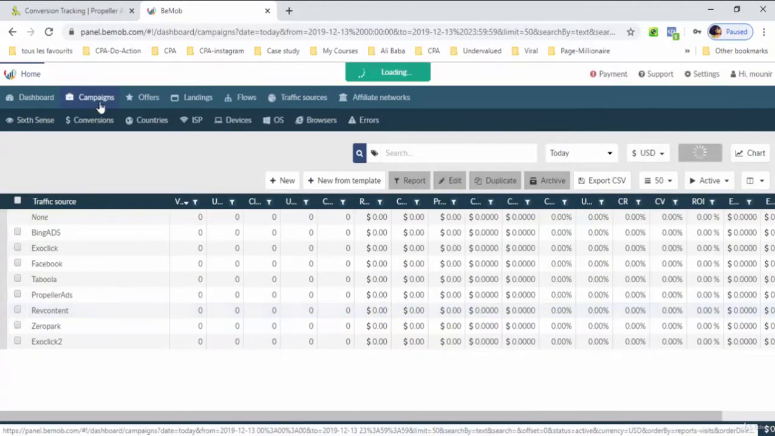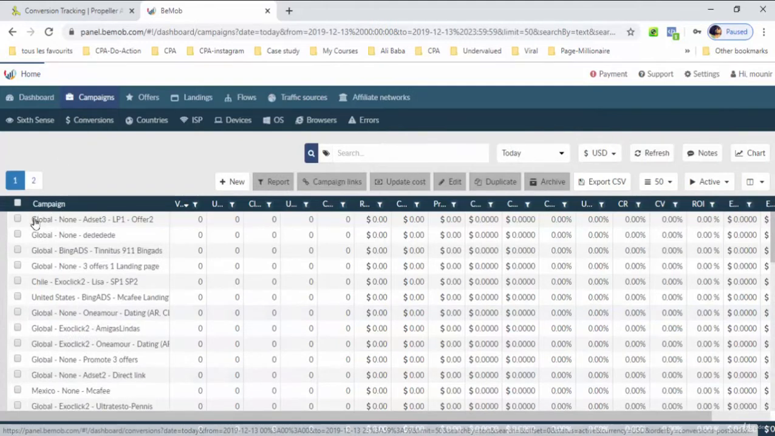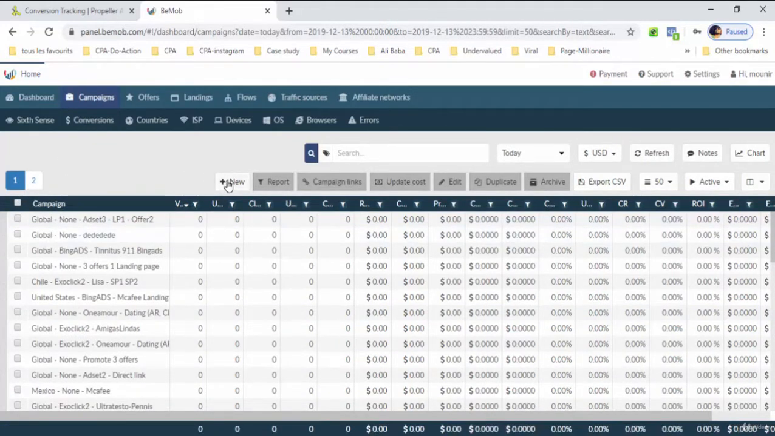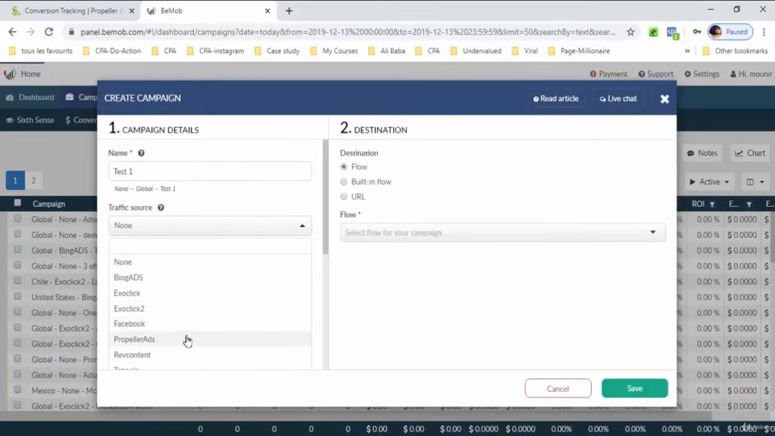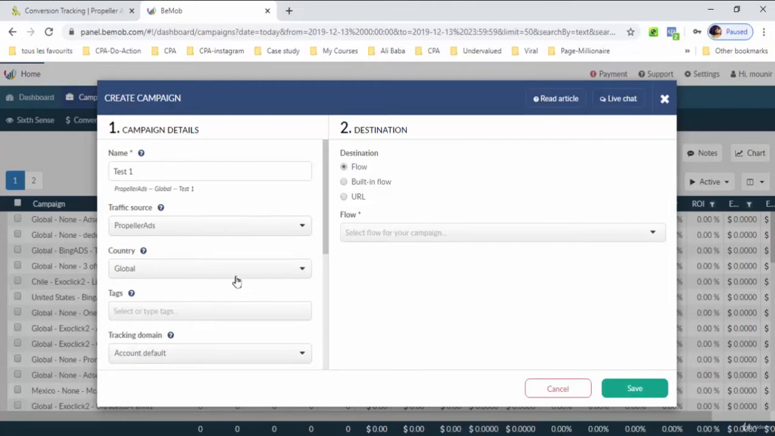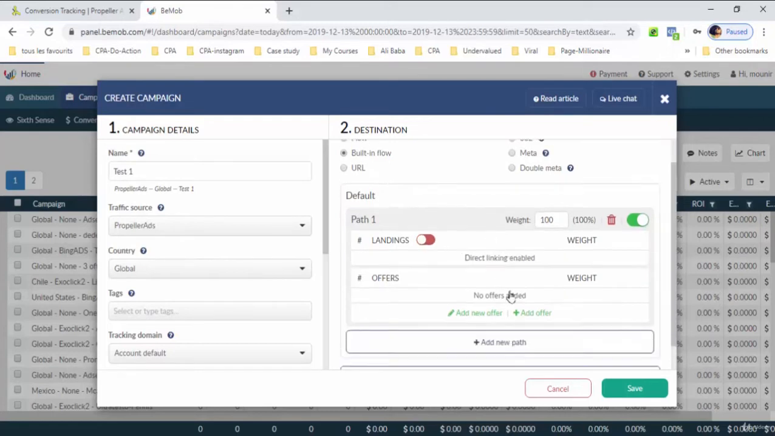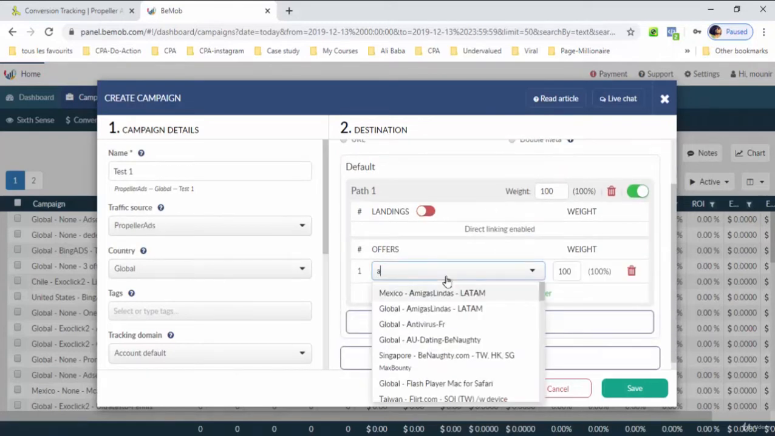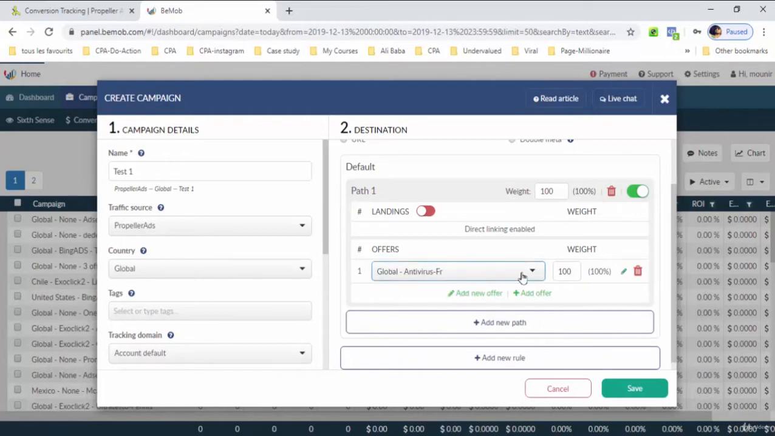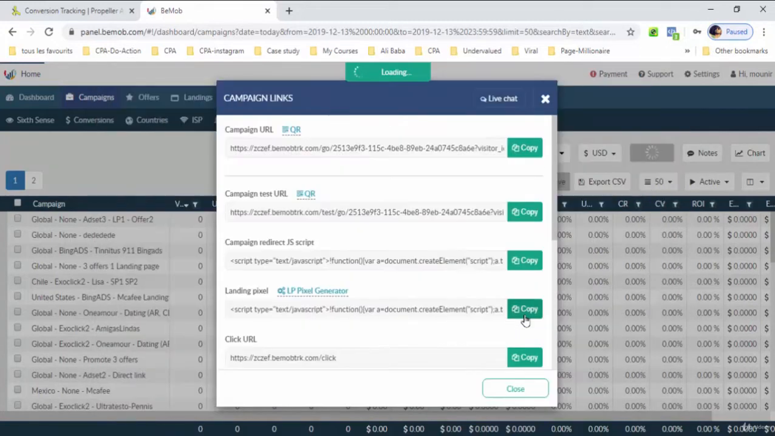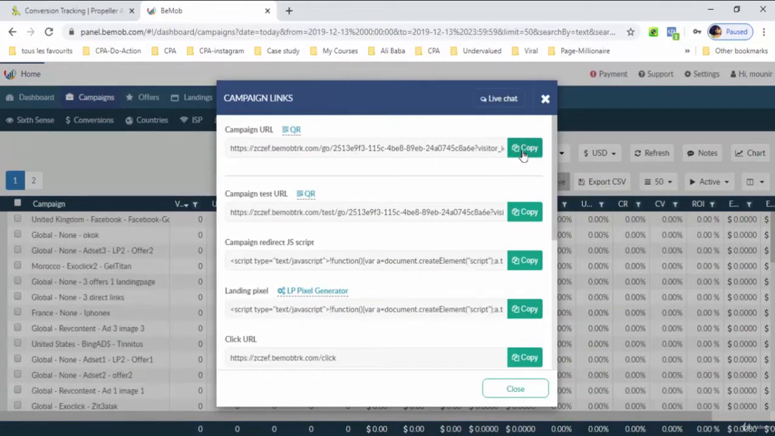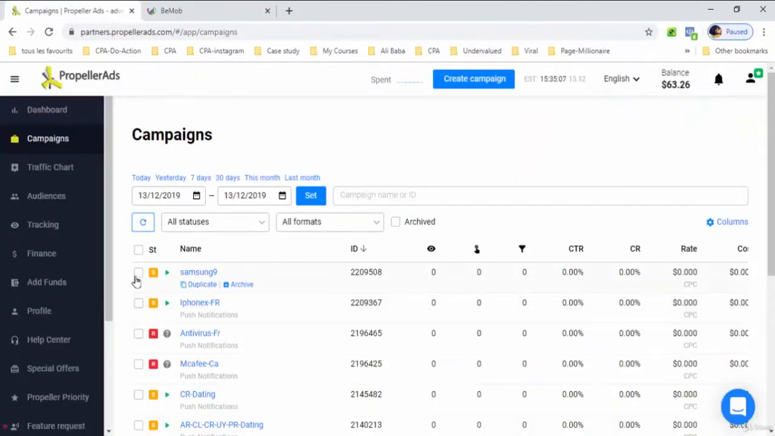Then go to campaigns and click on new and name your campaign. Let's, for example, name it test one. In traffic source, choose Propeller Ads. Go to destination and choose built-in flow and select an offer. Then click on save. You copy your campaign URL and then you go to Propeller Ads and click on create